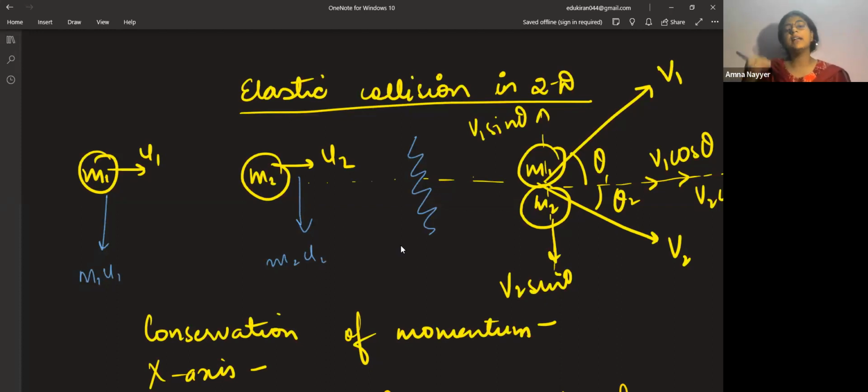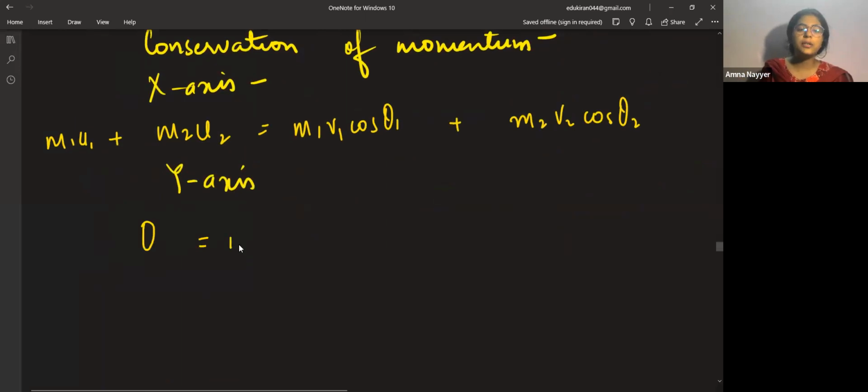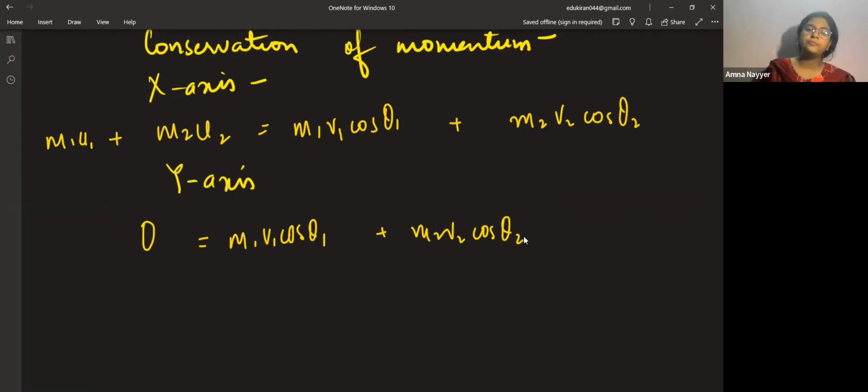Second, mass is m2. So m2 v2 sine theta. Clear? So this becomes the total momentum when you add over here. This becomes m1 v1 cos theta 1 plus m2 v2 cos theta 2. All right. Now what we can do,